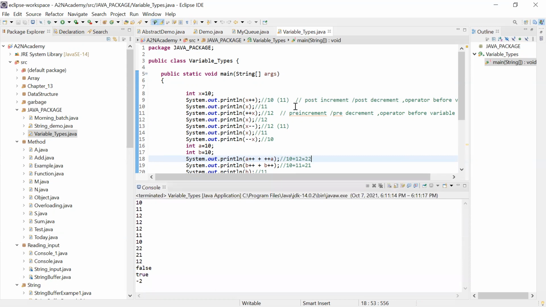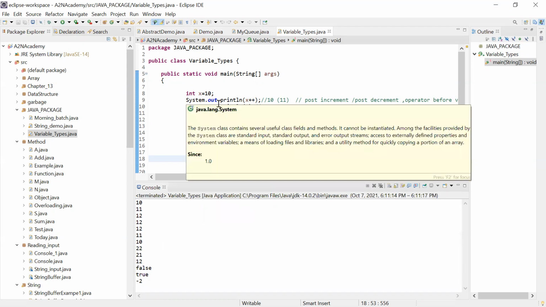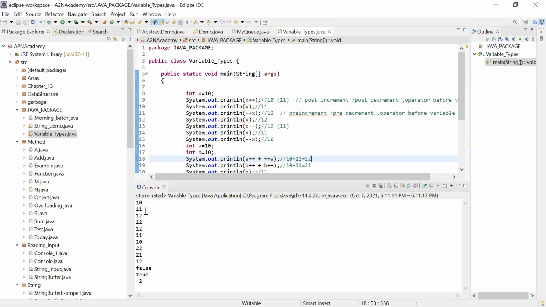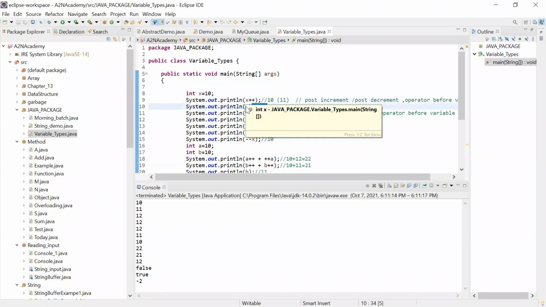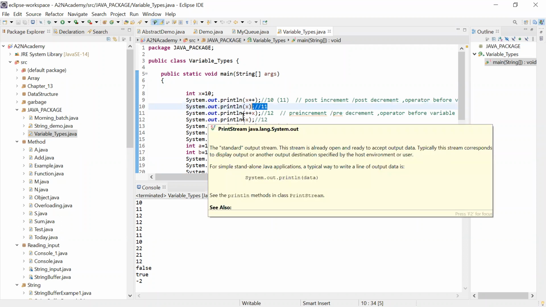So let's start from the first one. Here X is equal to 10. So when you want to print this post increment, what X value are you going to get? 10, right? After that, when you are going to check the X value, what I said to you in a post increment, you are going to use the value of X first, then you are going to do increment. So here you see the output will be 10, and when you are going to check the value of X again, it will become 11, right? After using the value of X, you are going to do the post increment. Am I clear?